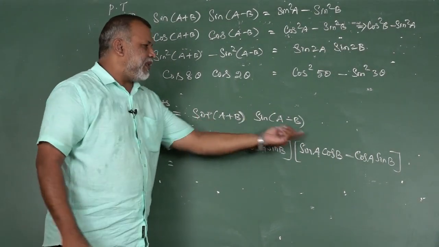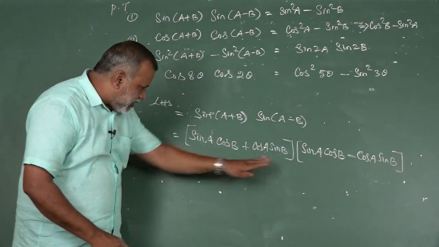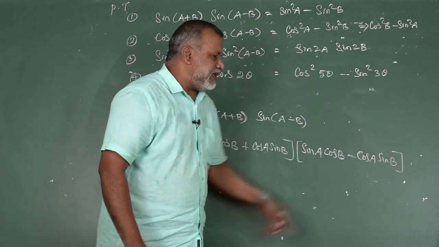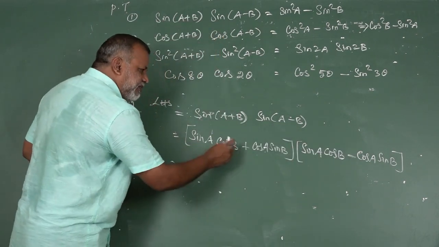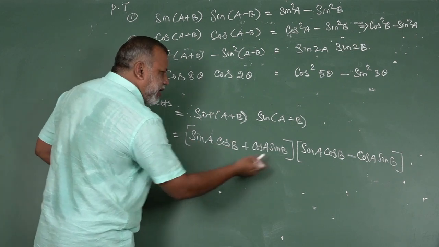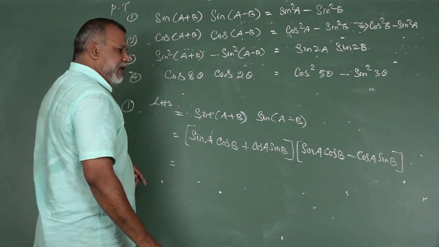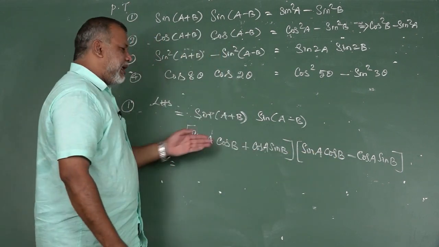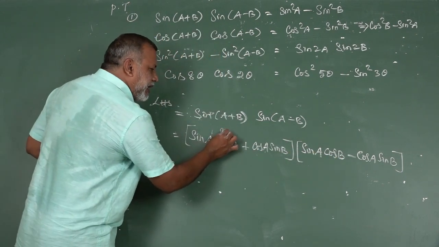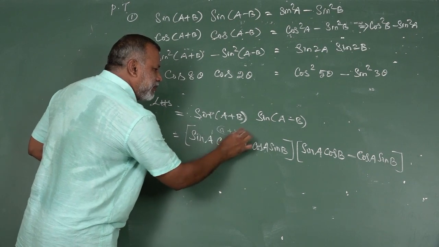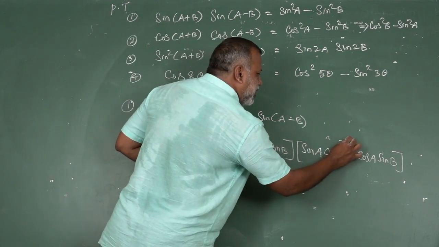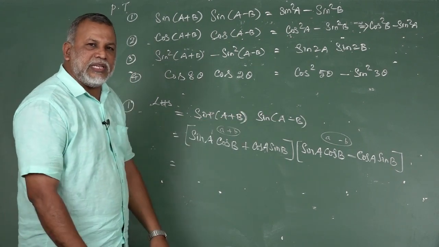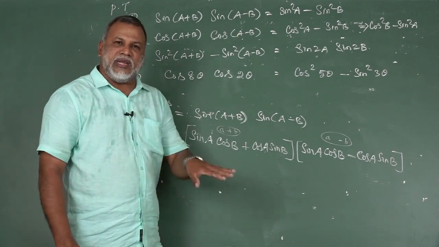So take the basic formula from your knowledge: sin of A plus B, sin of A minus B. Now see this one. This is in the form of A plus B, then A minus B. See here, the same values only: sin A cos B, here also sin A cos B. In between only one change. Here positive, here negative. Therefore, this is in the form of A plus B, and this is in the form of A minus B. So A plus B multiplied with A minus B gives A squared minus B squared.